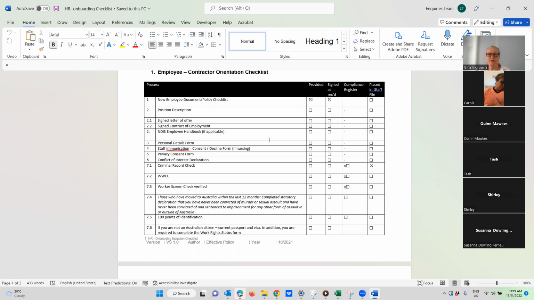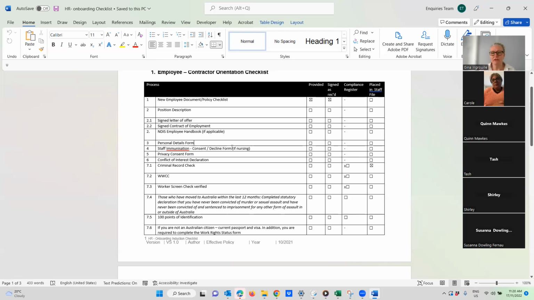For example, the auditor is going to think, if only all these providers would just have an employee handbook, my life would be so much easier. There is nothing in the standards, I can assure you, that says you need to have an employee handbook. There are certain criteria and standards that you need to meet, but they can be done in many ways, and it doesn't require an employee handbook. However, it's good if you have one. Make sure it gathers all the information that you know staff need to know about. So that's good, but please don't think that you need to have one. Their personal details form, you know what we're talking about.